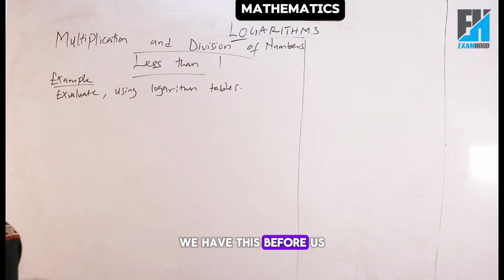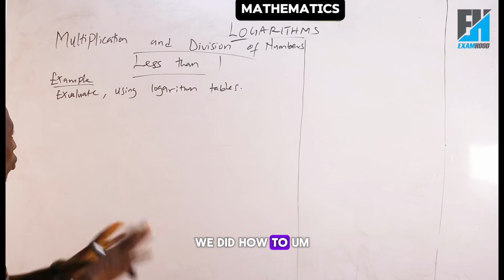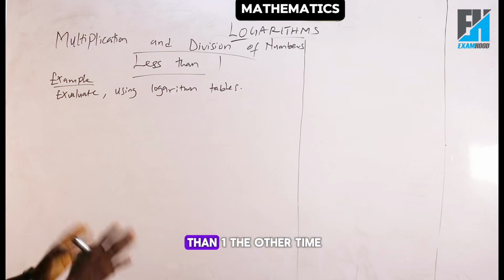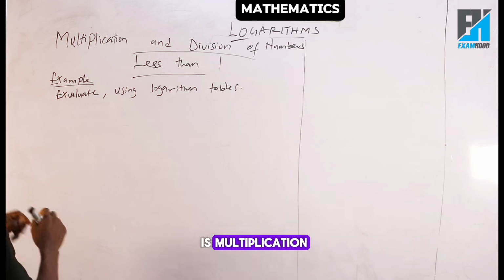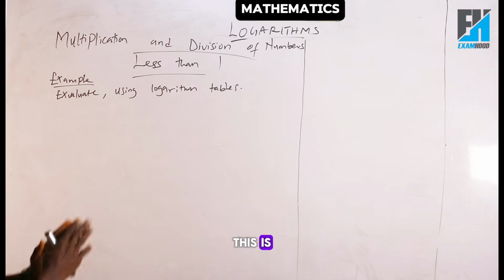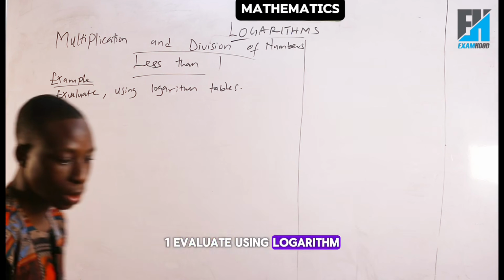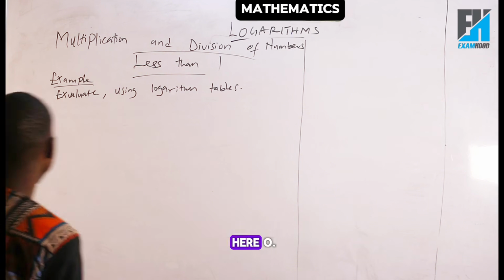Alright, we have this before us: multiplication and division of numbers less than 1. We did how to work on numbers less than 1 the other time, but this time it is multiplication. We have some stuff to work on. Evaluate using logarithm table. This example you have here,